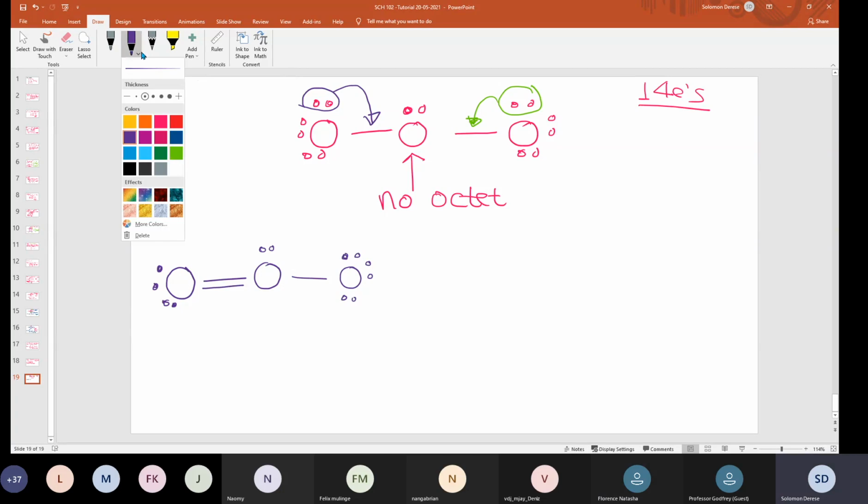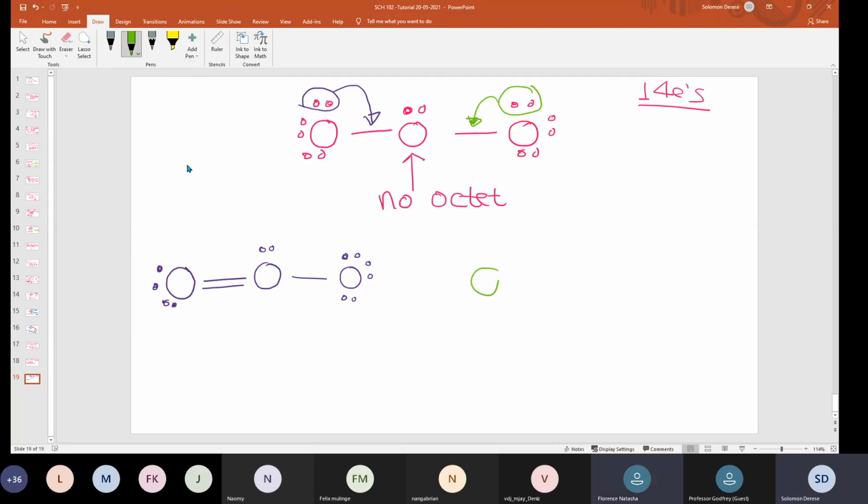The other possibility is for the oxygen on the left to remain the way it is with 3 lone pairs of electrons, and then we have this oxygen